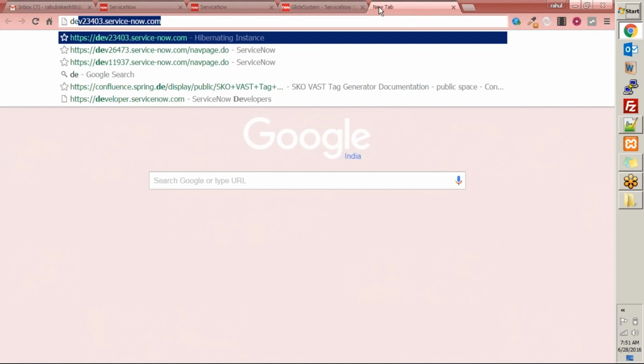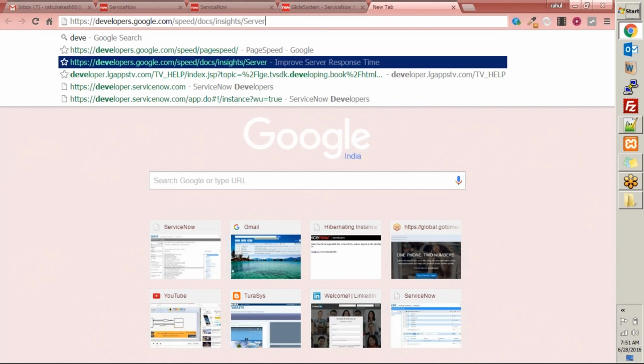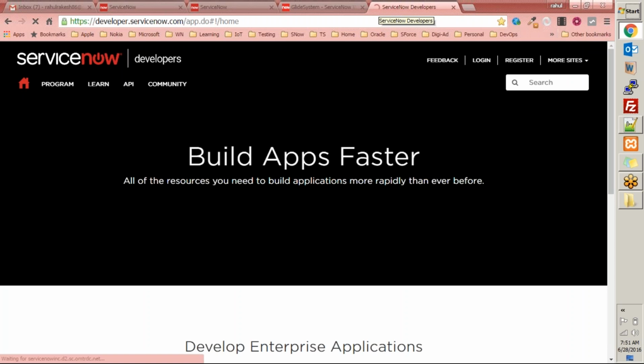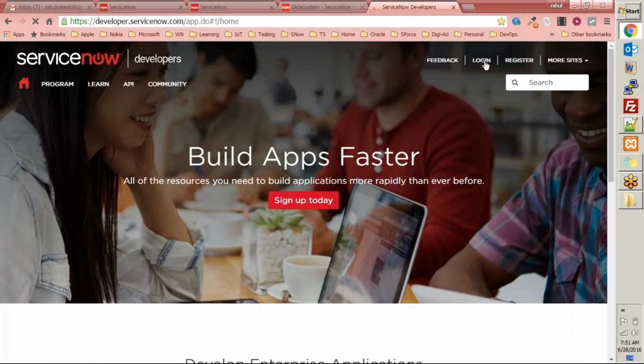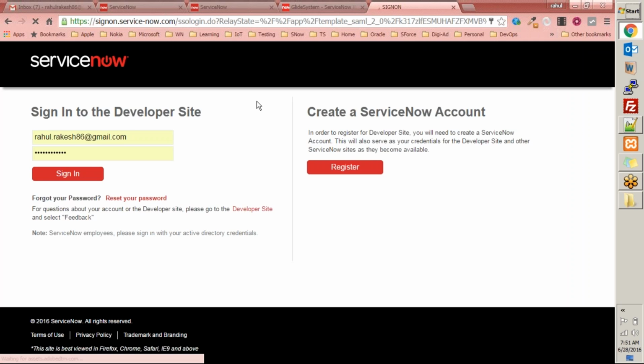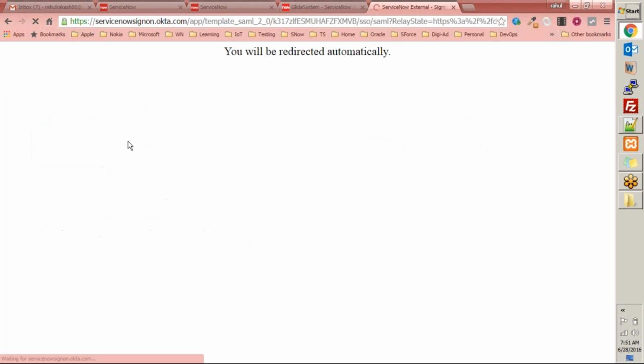You may ask me what is the best place of reference where you can go ahead and see what types of scripts are client-side scripts and what type of scripts are server-side scripts. To answer that question, I'll take you to developer.servicenow.com, where they have very good documentation on types of scripts, and it states what type of a script is. So if we log in to developer.servicenow.com